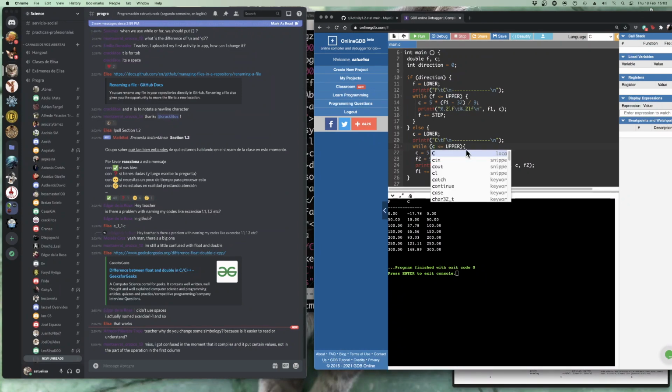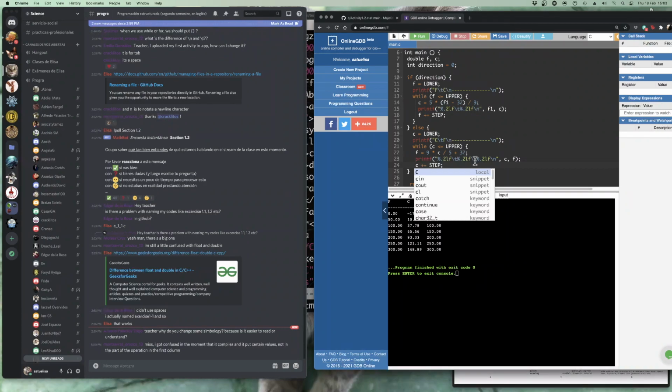While C is less than upper, I am now going to calculate an F from the C. And I am going to print first the C and then the F. And it's going to be the C that's going up by step. I will close. See how it makes this lovely little line here to show what all's inside the if? I'm very happy with it. We will close the else